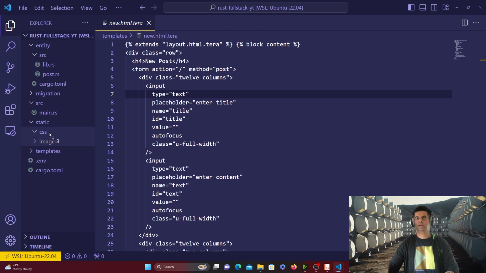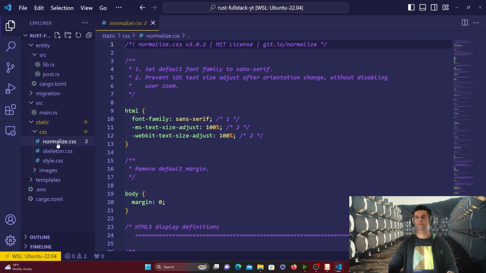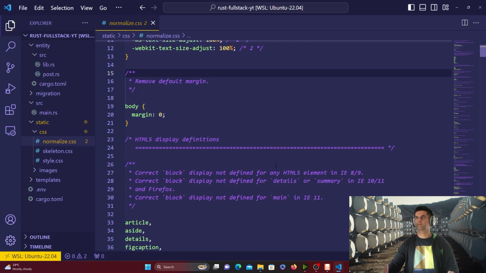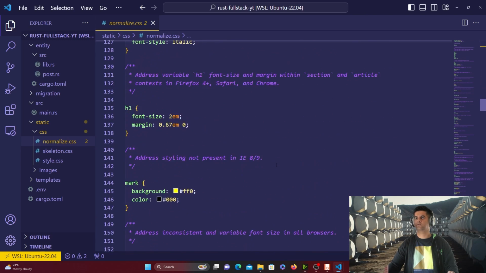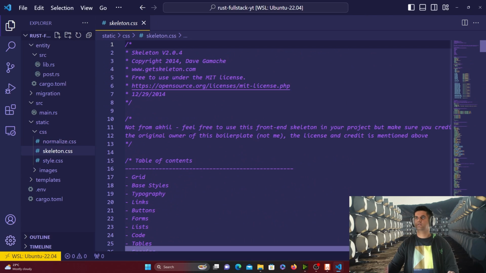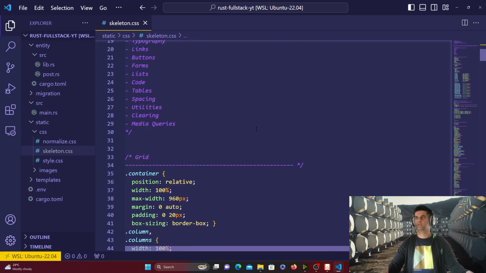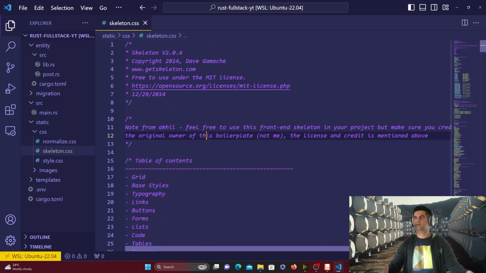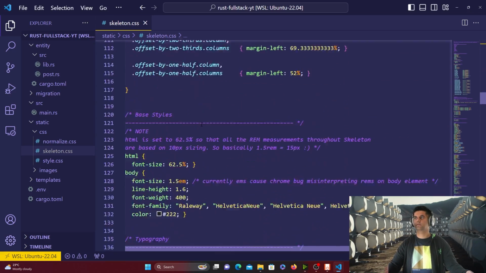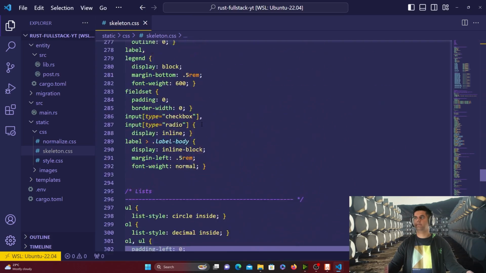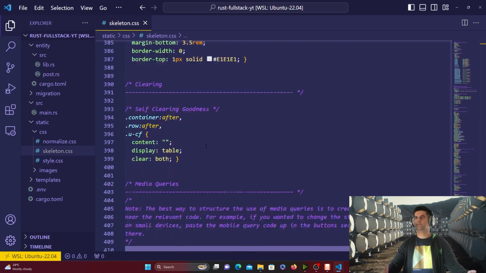so that it doesn't look extremely bad. So I just got some CSS. As you can see here, I've mentioned the owner of the CSS as well, I think in the skeleton. So I've mentioned there's a note from Akhil. It says feel free to use this front-end skeleton, but make sure you credit the original author. So do that. So I'm not going to show you how to write this whole CSS because it's a lot